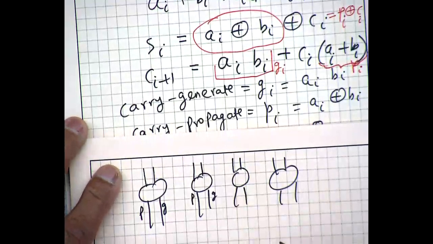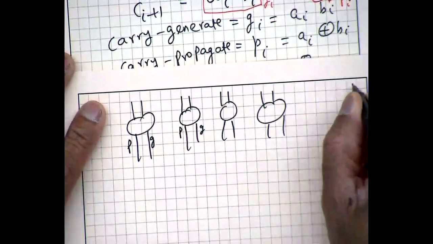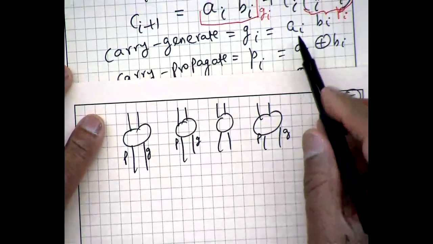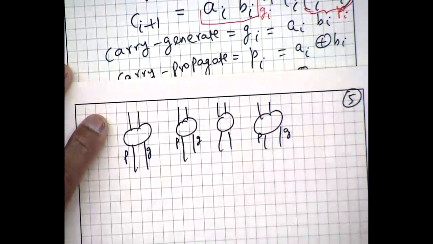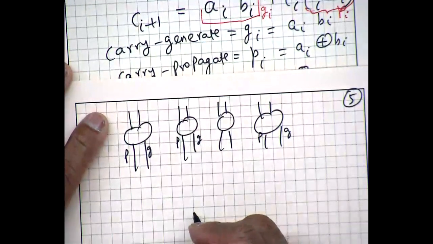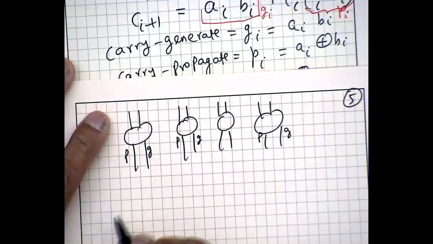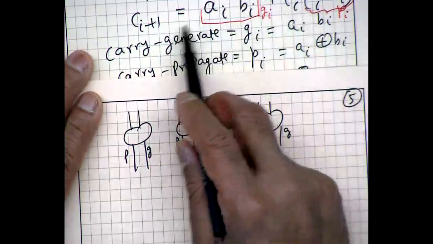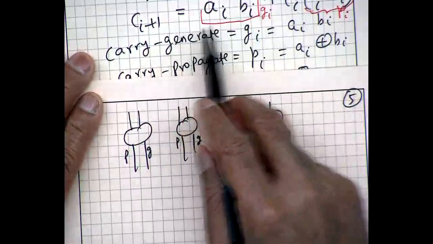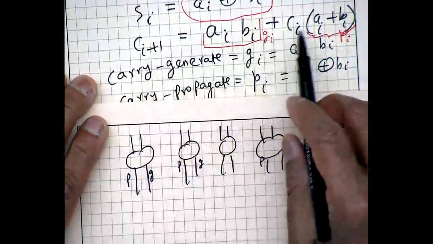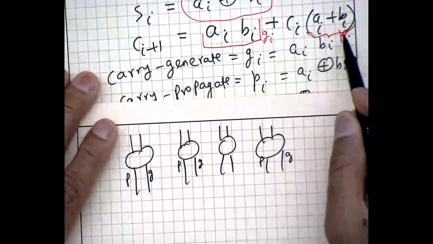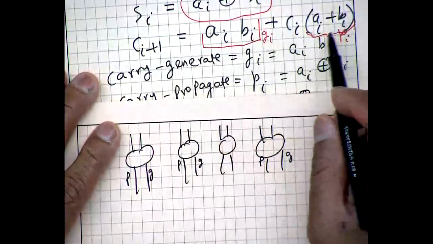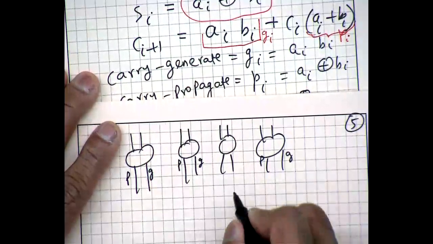Okay, so once we generate P and G logic at every stage by using these equations, A times B and A exclusive or B, then we have a carry generator process. So we generate the carry. Carry is generated in the ripple carry case. If we take the simple ripple carry case, Ci plus 1 is Gi plus Ci times Pi. So I would have Ci, so I generate the carry.